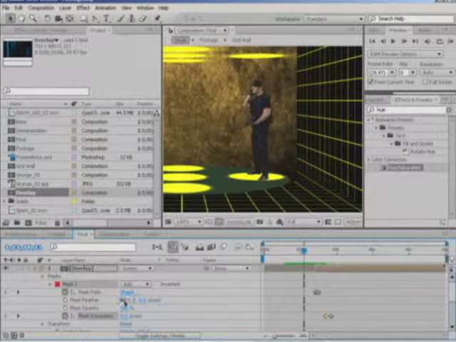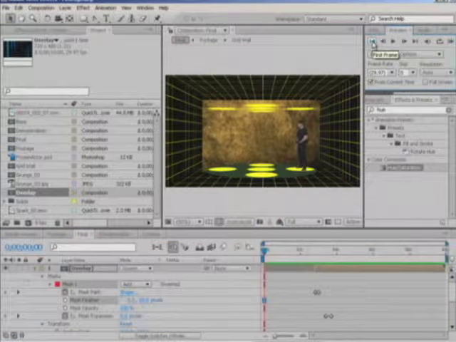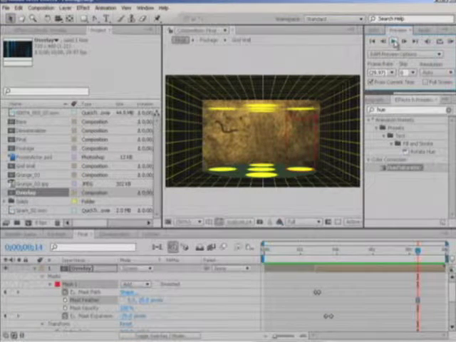Okay, and one more thing we're going to do is uncheck the feather link for the mask and set the vertical, the X feather, to a very small value of 5, and the Y value will set up to 20. Okay, we'll do a quick RAM preview, and this is what the effect should look like. So that is how you do the StarTech Transporter effect, and we used everything was all effects that are built